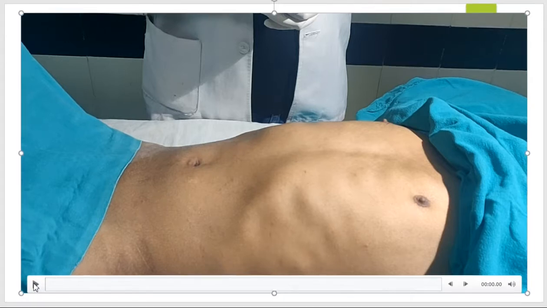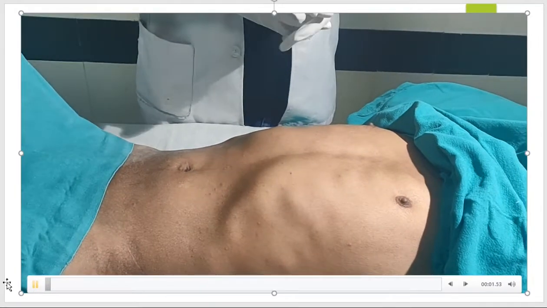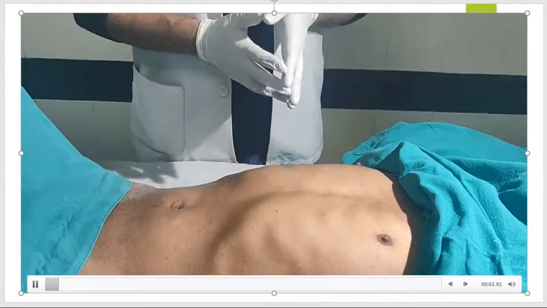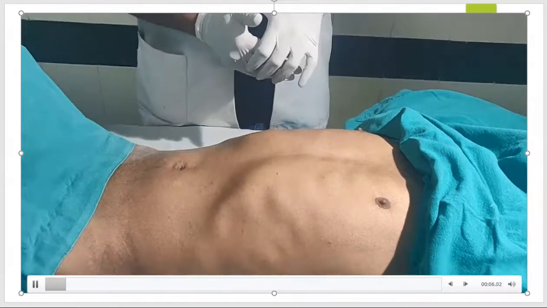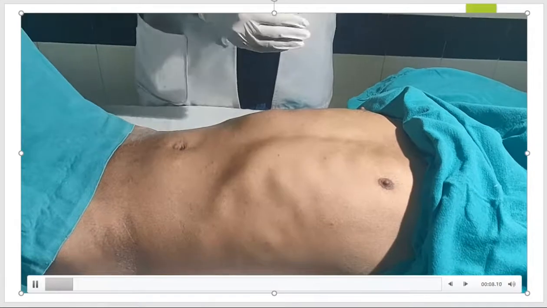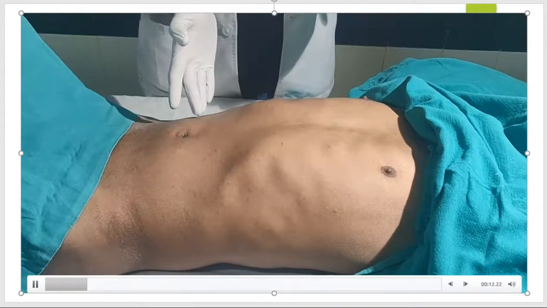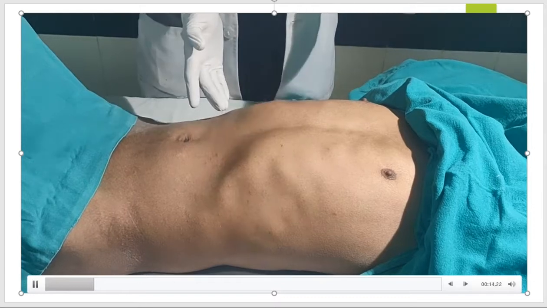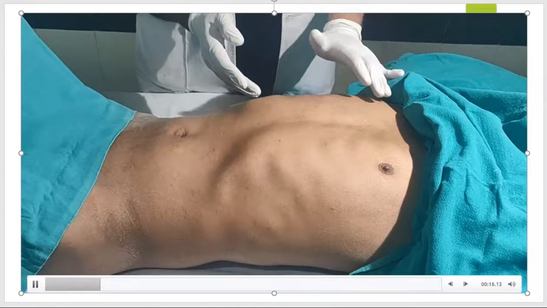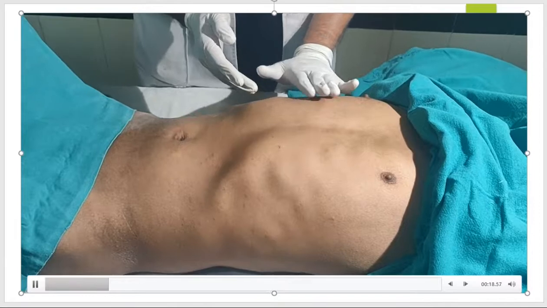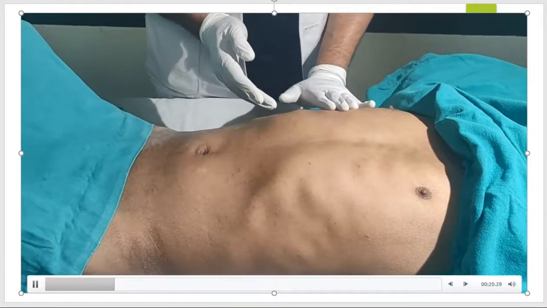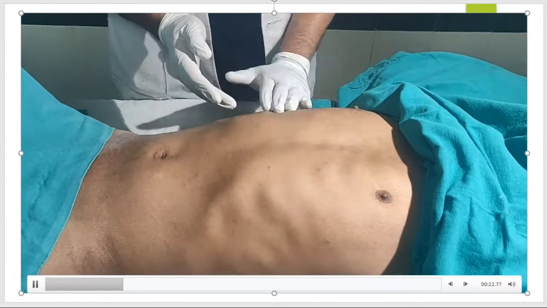Let's start. In my previous video, to determine the liver span, or whether it is a hepatomegaly or a pseudohepatomegaly, we'll start feeling for the upper border. In the previous video we felt for the lower border of the liver. Now we feel for the upper border. Since the upper border of the liver is a retrosternal organ, it is not able to be felt, so it is done by the percussion method.